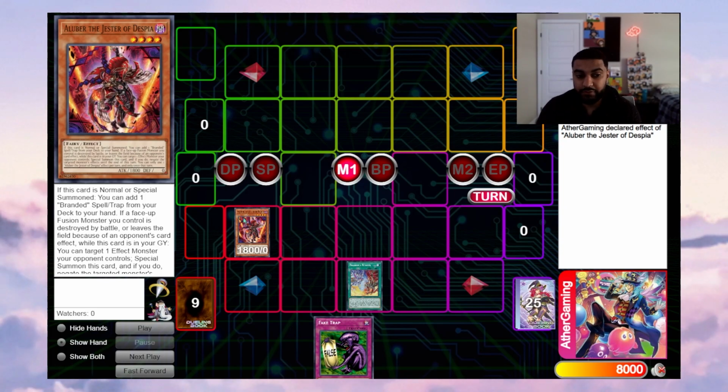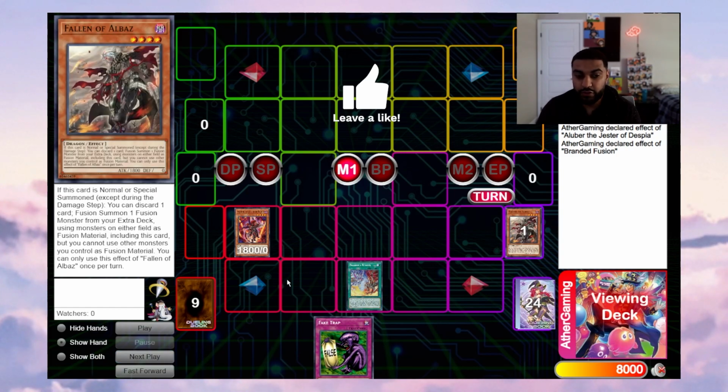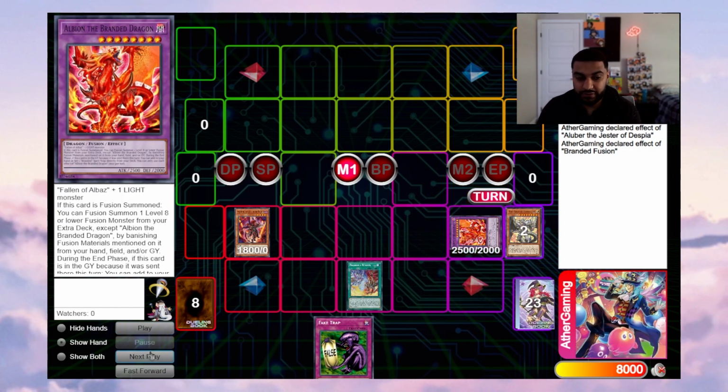So again, normal summon Aluber. Aluber essentially lets you add any Branded spell or trap card. This will let you get Branded Fusion, activate the Branded Fusion, and we are going to be dumping Fallen of Albaz and the Bystial Lubellion. And I'll explain what Lubellion does very shortly, but here we go ahead and special summon out our Albion,